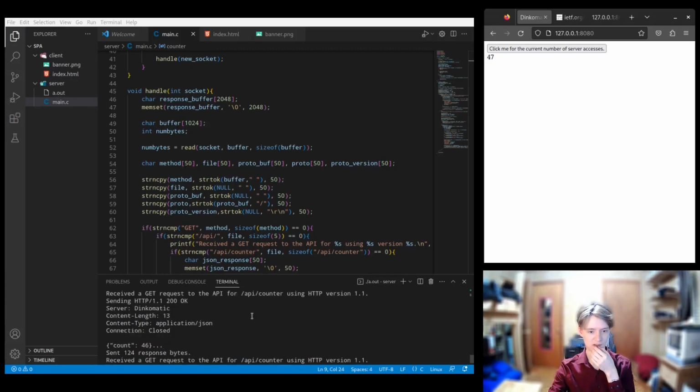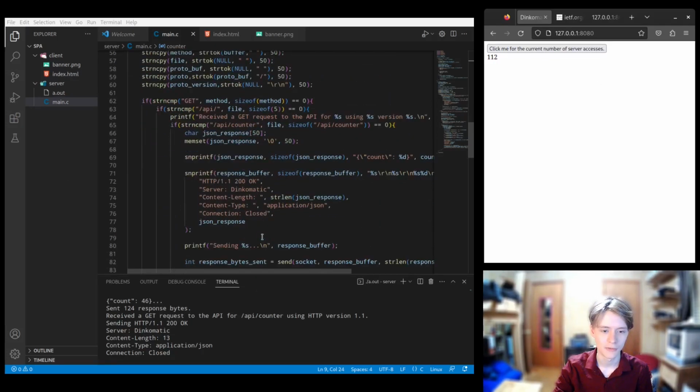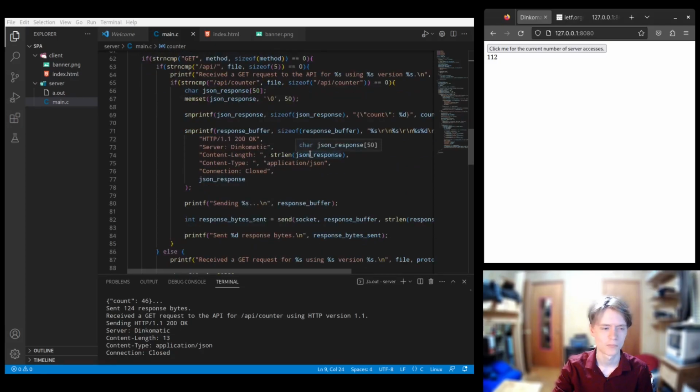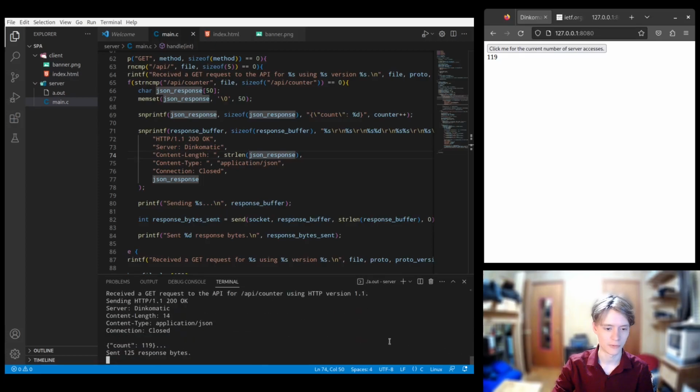You can see all the requests for API counter and the content length and whatnot. And that content length will undoubtedly increase when I get to 100. Actually, it seems like it did not go up, and whatever. That's fine. The string length of the JSON response should have changed, but perhaps it didn't. Oh, that's it. That's the reason. That's because it stopped rolling. So yeah, it did go up. I just stopped there, and I thought it was printing the same thing over and over again, and I wasn't paying attention. So anyway,